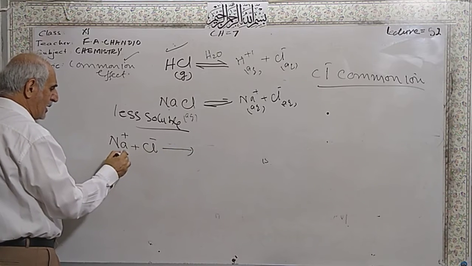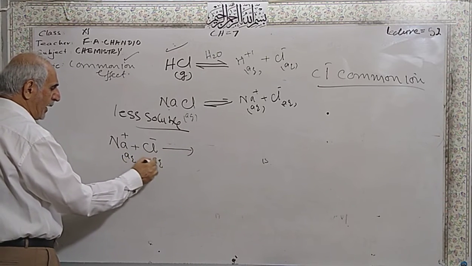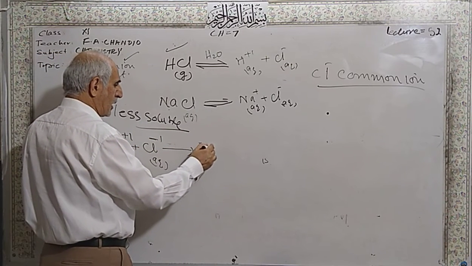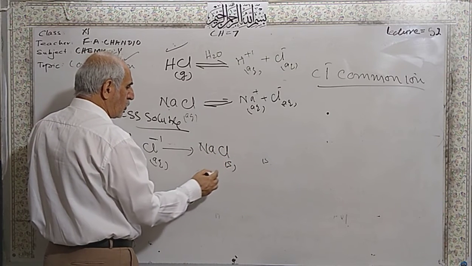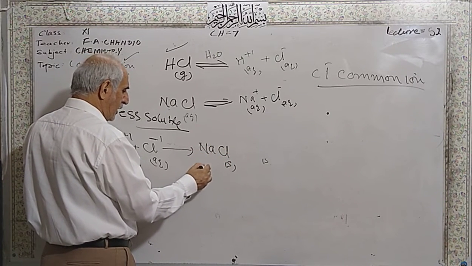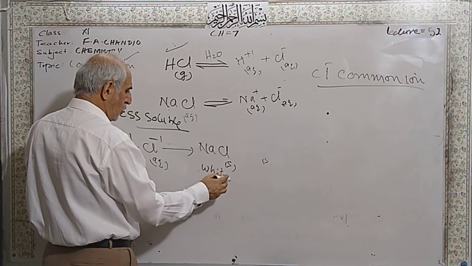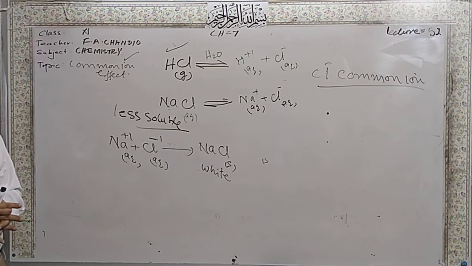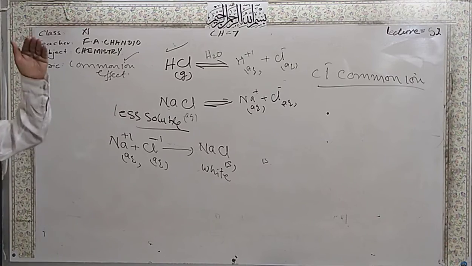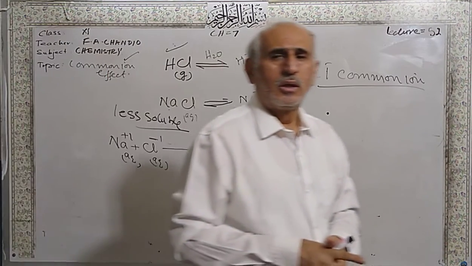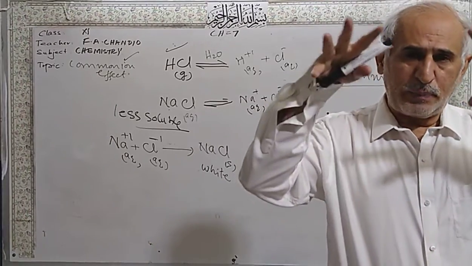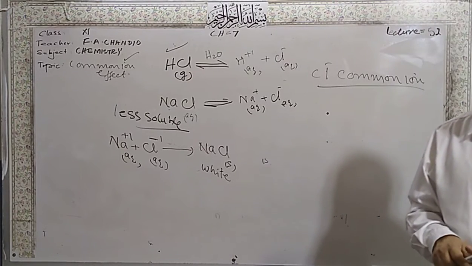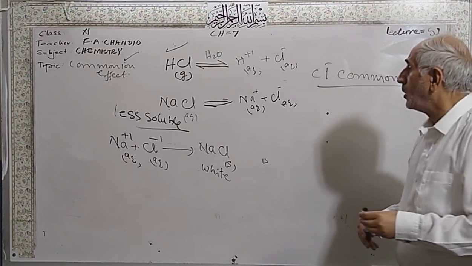So sodium ions and chloride ions from the aqueous solution combine to give sodium chloride very slowly, as white solid crystals without any impurities. Impurities remain in the aqueous solution. Only the sodium chloride will precipitate out and settle down at the bottom. This is a minor experiment also.